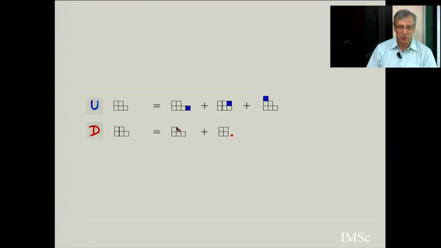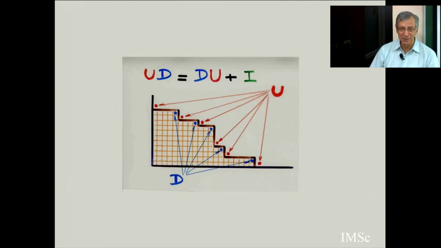And you say the U of this Ferrers diagram is the formal sum of all the Ferrers diagrams you get by adding a new cell. The D of this Ferrers diagram is all possible ways to delete. So you see, each time there is one more way to add than the number of ways to delete. And in fact, you can check, we will do this in the class, in chapter 1, that these combinatorial operators, adding and deleting a cell on the vector space generated by all possible shapes, satisfy this relation.